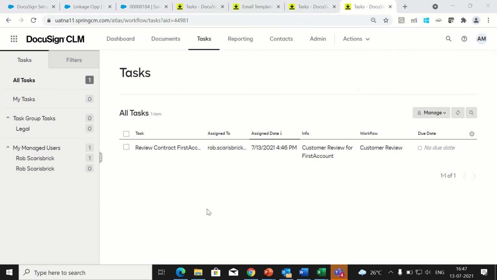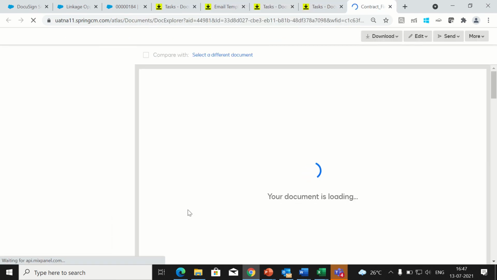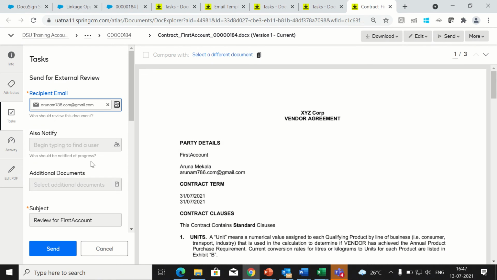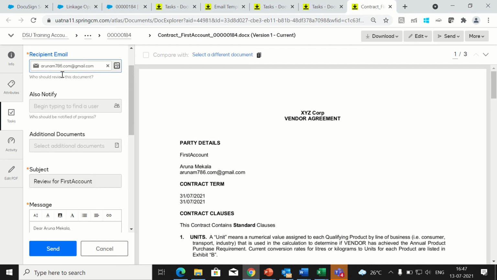Oh sorry, before I get the notification, as a legal hub, the legal team will select to send to customer review, but there will be another stage of confirming to send for customer review. So some person will be assigned to confirm to whom it should go, and all it should be selected, and that person needs to send.